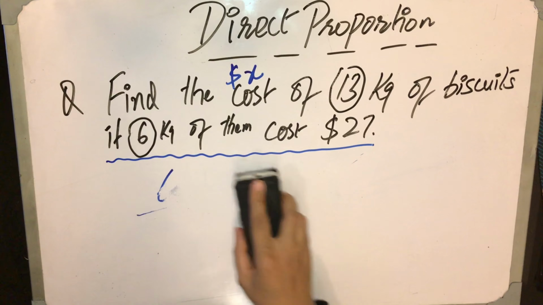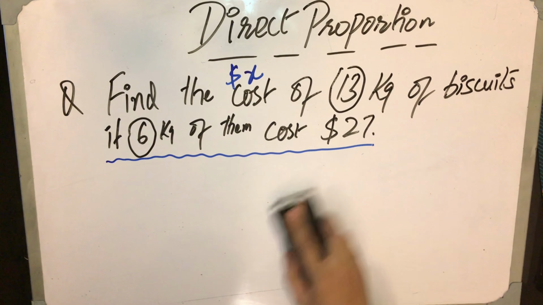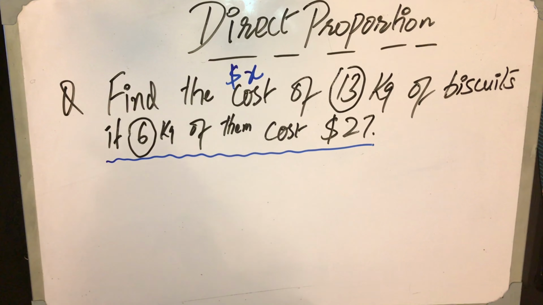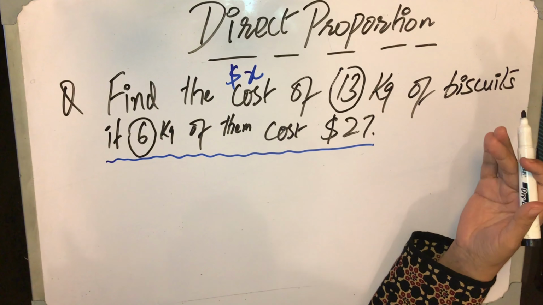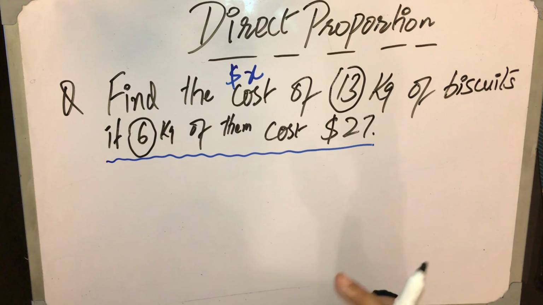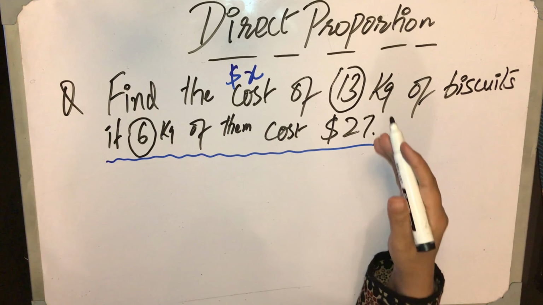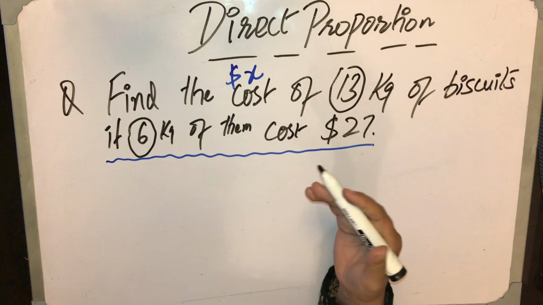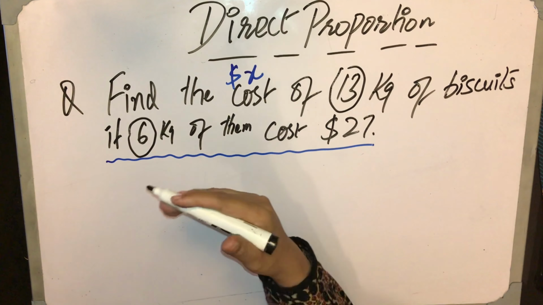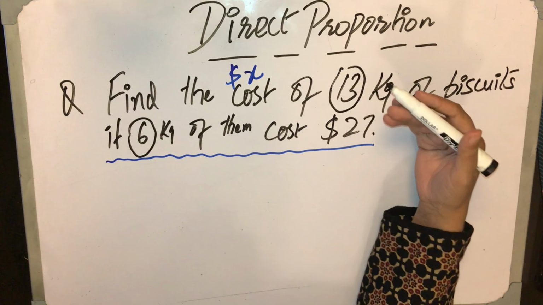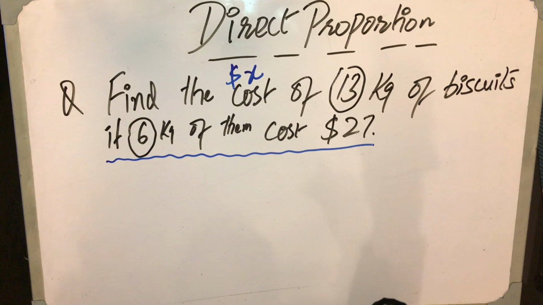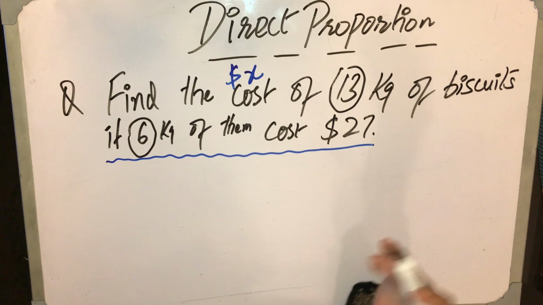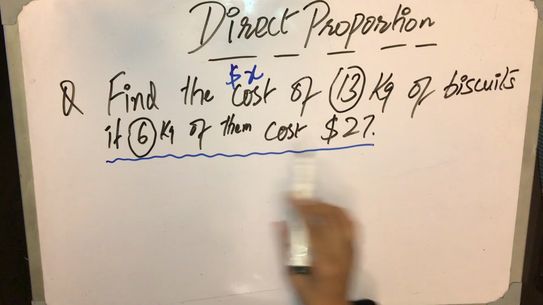In the unitary method, basically we first find the cost of a unit. We go for unit and then we go for more. There is another way to explain such a question, that more is given and more is required. Usually people say that the cost of 6 kg is given and the cost of 13 kg is required. So more is given means the cost of more than one is given and the cost of more than one is required. So before going from one relation to the other, we first come to the unitary. This statement will help us.